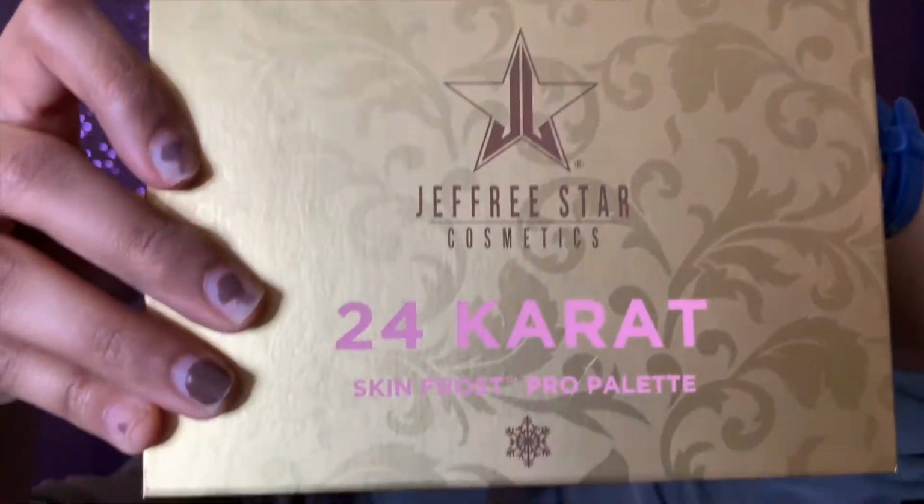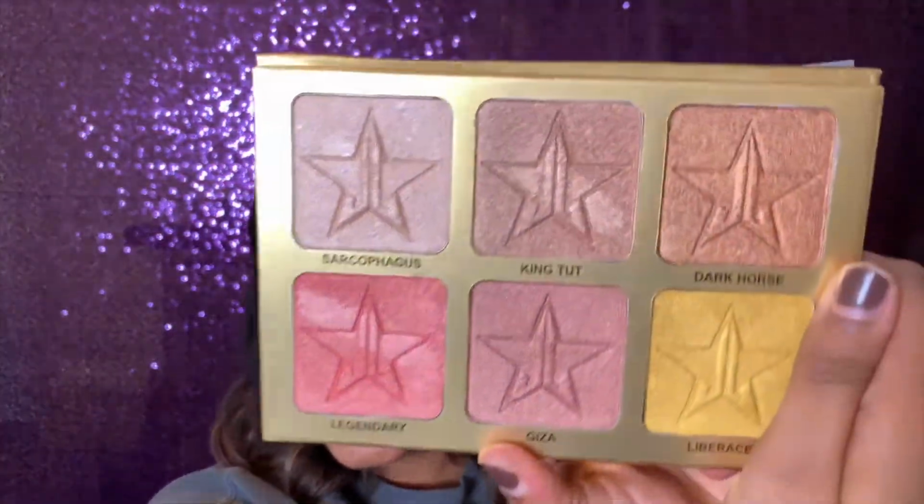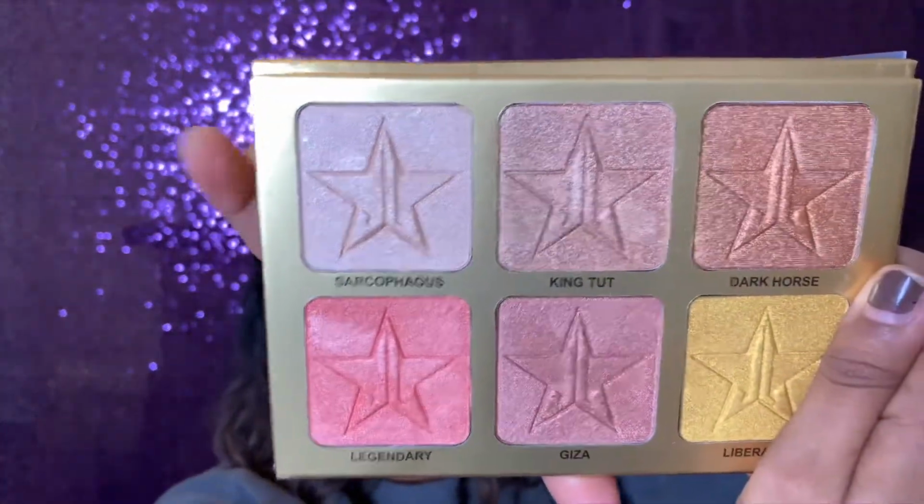Don't worry, I have not forgotten highlighter. I like to do it last because I feel like it just kind of brings everything together. I got the 24 karat Jeffree Star palette from my sister for Christmas and I have been loving it, so that's what I've been using. I like to use the shade right there called Sarcophagus. I just take this brush that I honestly don't know where I got it from. I've had it for forever and I just put it right